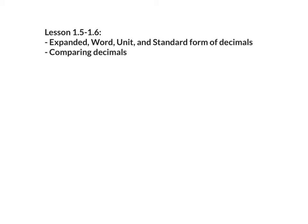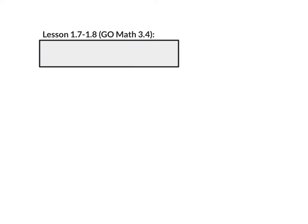So you know what your next job is as a study guide maker or a test maker. Look for one problem that would show if your students know how to write the expanded, word, standard, and unit form of decimals. And look for one problem that would show if your students know how to compare decimals. And write those down on your study guide. Technically it would have been 1.7 through 1.8, but we didn't do that. We did Go Math instead,